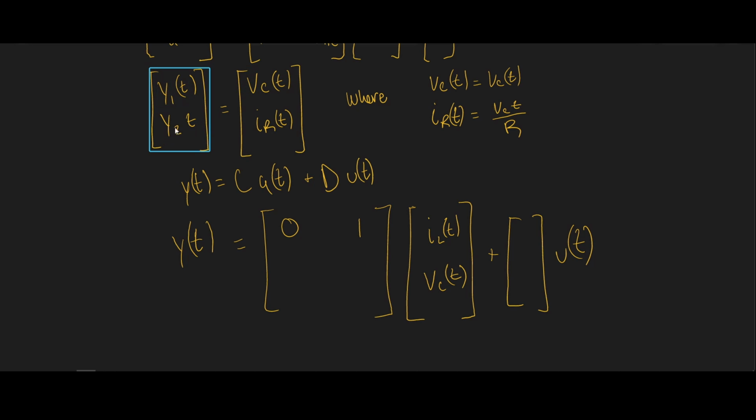Y1 of t. Y2 of t, we have IR of t equal to VC over R, VC of t over R. So there is no IL component, so we have 0 there, and we have 1 over R times VC of t. And because there is no input in either equation, we have zeros on the input for D. Therefore,